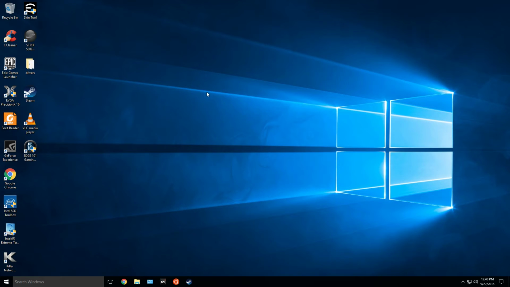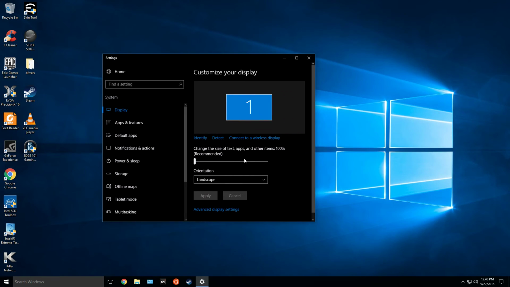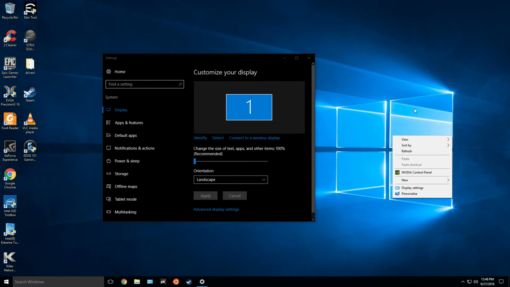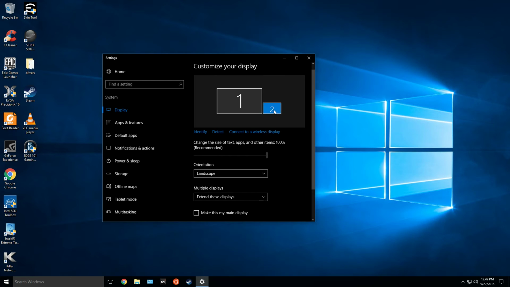So I'm going to set up a monitor here. For those of you who've not set up additional screens, it would be under the right-click menu on your desktop. You'd hit Display Settings, customize your display. I don't have a screen right now, but let me turn it on. Boop. Whoa, it's crazy. And you guys can't see it, but you just gotta trust me that there's another screen now, and you can choose where that is